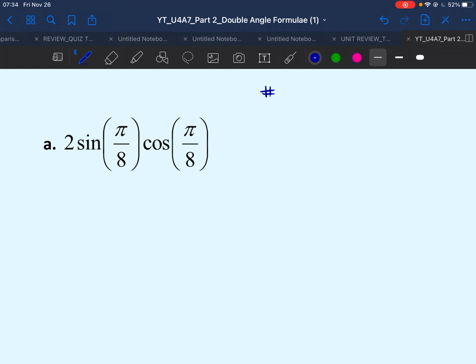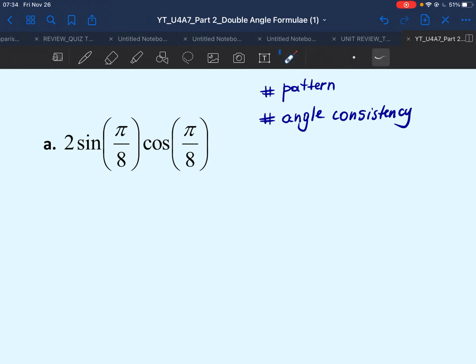Two things we have to look for in here. Number one thing is look for patterns. We want to match the expressions with the formulas and see if there is a formula hiding in them. And number two thing, which is very important, is angle consistency. That's what I call it. It's not a math term, but what I'm trying to say is that it is very important that the angle that we see inside sine is the same as the angle you see inside cosine,